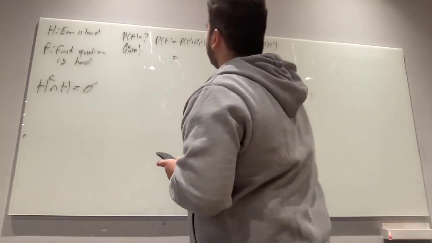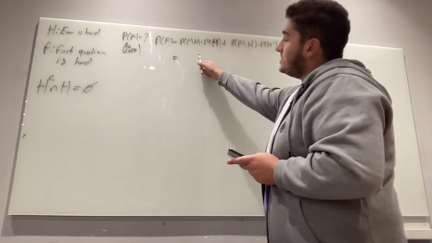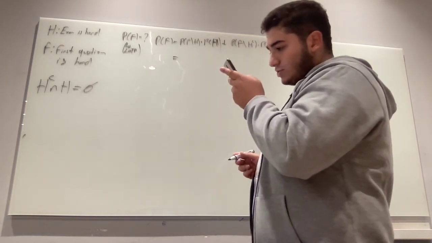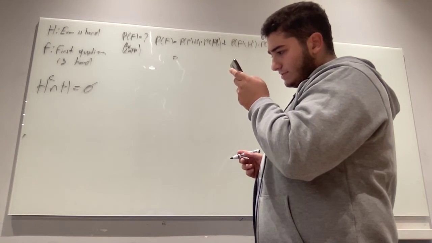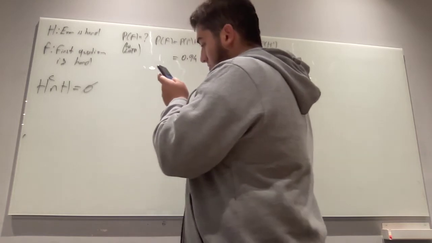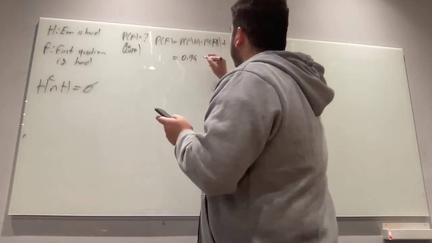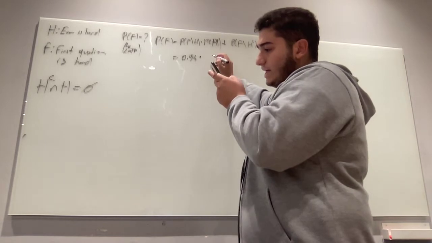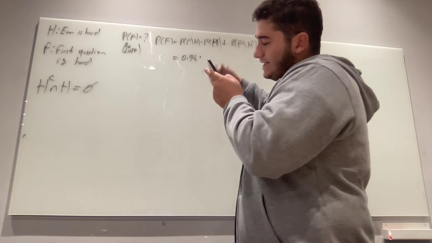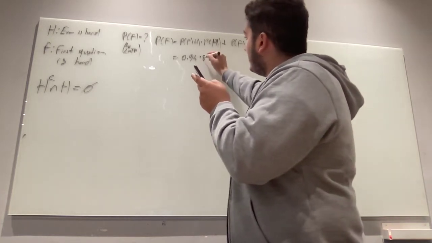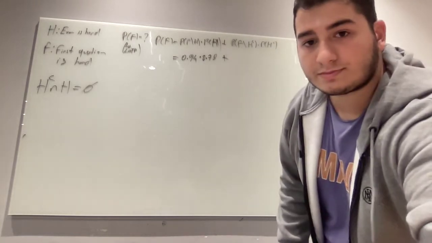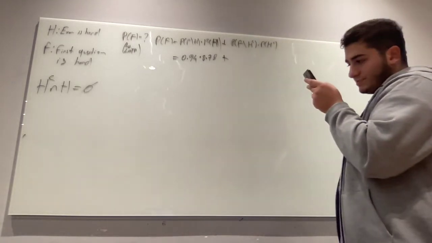So, shall we calculate that? If the exam is hard, the probability that the first question is marked as difficult is 0.94, times the probability that the exam will be hard, which is 0.78, plus